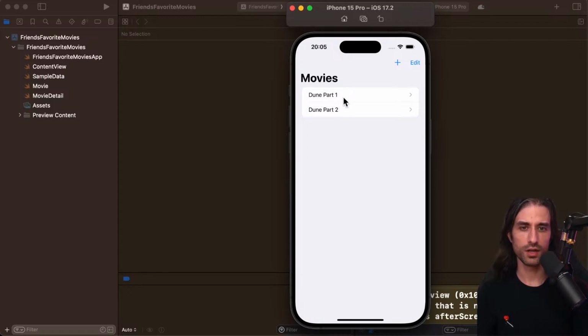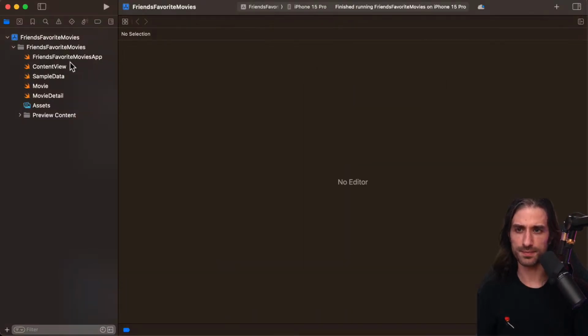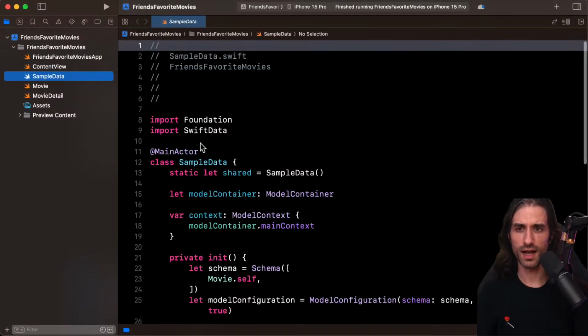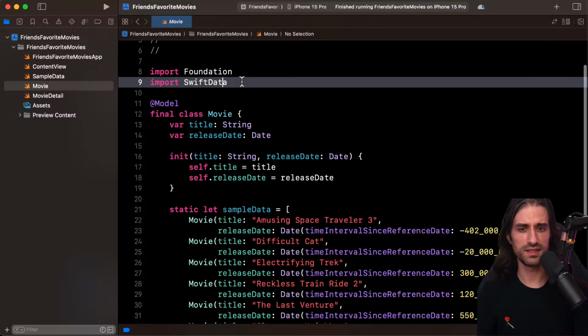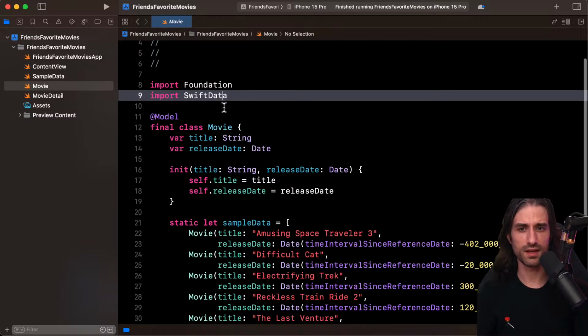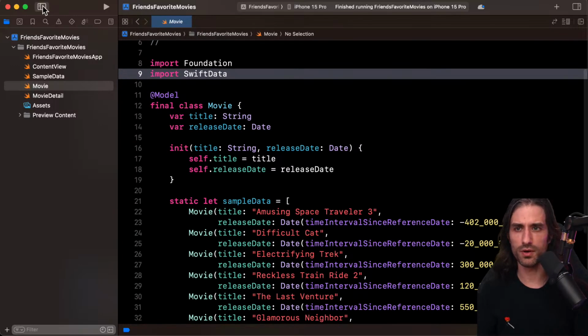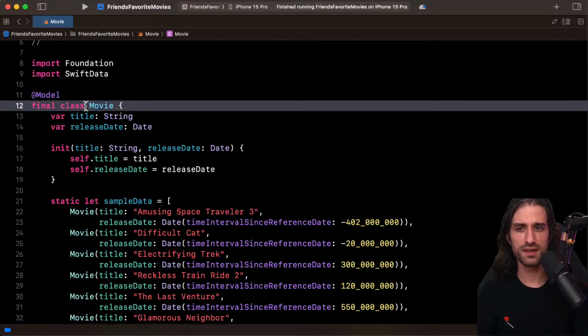And that's because the child view and the parent view were both referring to the same piece of data that was updated once and displayed in two places. Actually, let's have a look at the code. So if we look at the model, we have this type Movie. This is what implements our model, and you can see that a movie is a class.